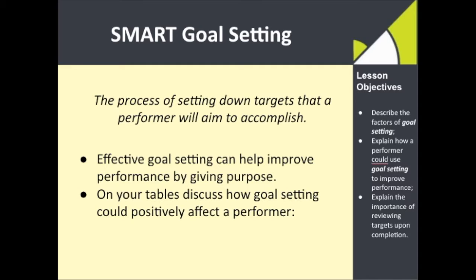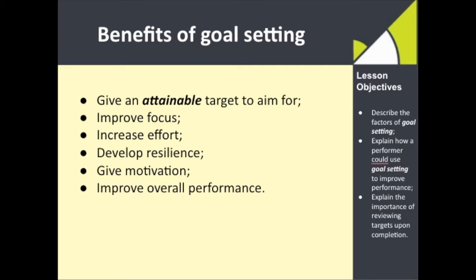So it's important that performers and athletes give themselves a target for seasons or sections of seasons. And what it can do is give the performer purpose and give them something to aim for at the end of the year. Now, the benefits of an attainable target can really improve the focus. So it really shows the performer what they need to be working on during their training. It can make sure they increase the effort if they're reviewing the target as they move along. It means they need to put the effort into the training session.